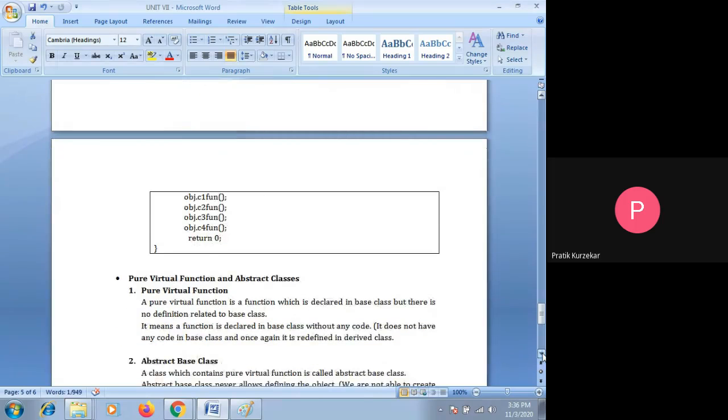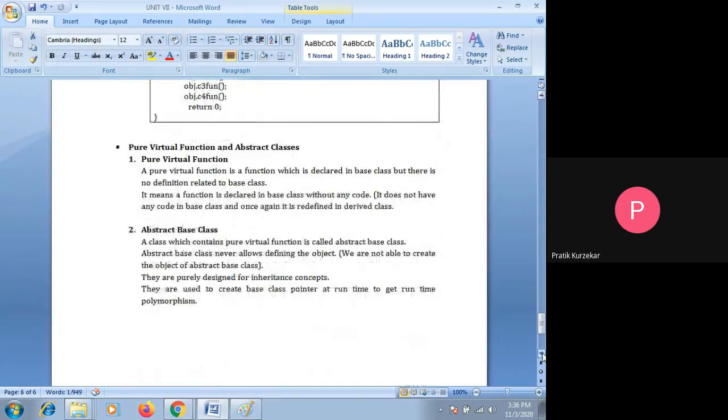Now in today's lecture we are going to see two points, that is the virtual function, pure virtual function, and abstract class. So first of all we are going to see what is the meaning of pure virtual function. So see here, this is the simple definition. A pure virtual function,